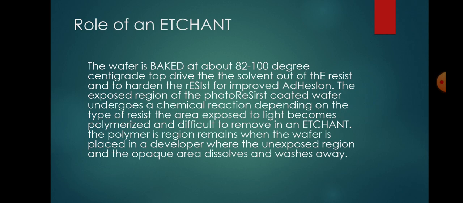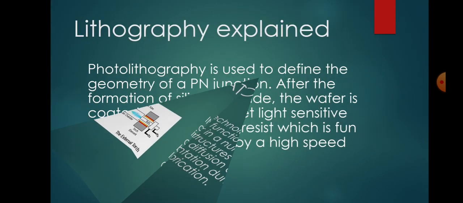The wafer is again baked to 120 to 180 degrees centigrade for 20 minutes to enhance the adhesion and improve the resistance to the subsequent etching process. Then an etch is used, that is the buffered hydrofluoric acid. It removes the unprotected silicon dioxide surface, and then the resist is stripped away by a chemical solution or an oxygen plasma system. The final result of the region without oxide, that is a window after the photolithographic process, is shown in the diagram earlier, which we have shown over here.